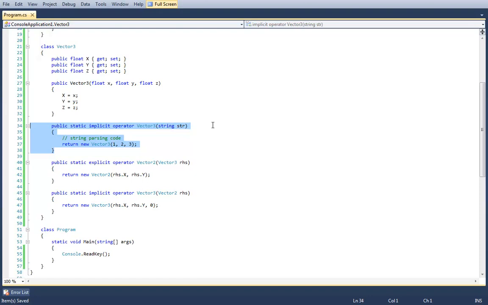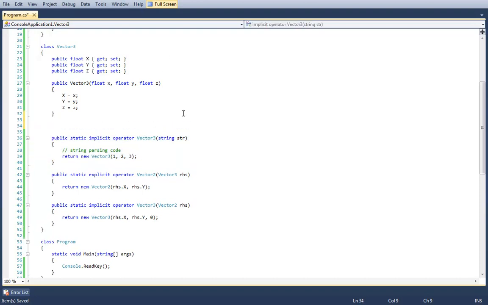So the reason why this is bad is because the input can be interpreted in an infinite amount of ways depending on your use case. Whenever you specify an implicit conversion operator, you are locking it down to one way of doing the conversion. One way of doing the conversion. It's just like if I had a method in vector 3 called public static vector 3 from string.